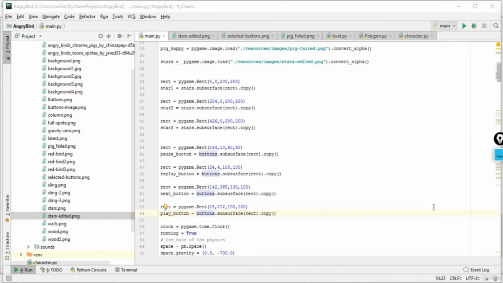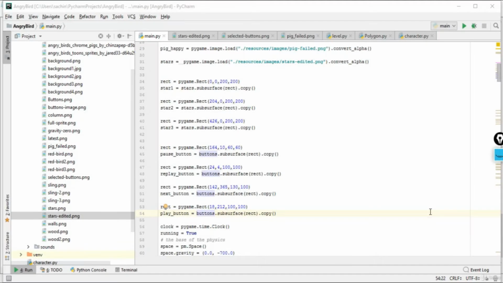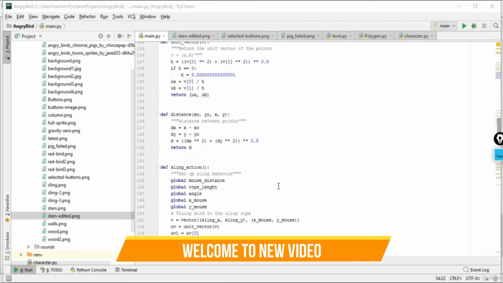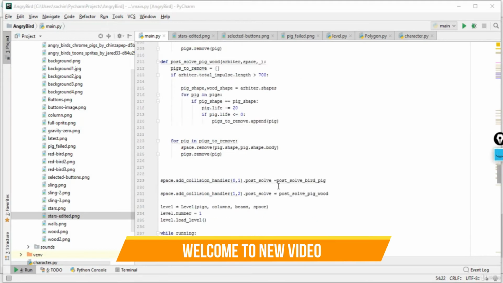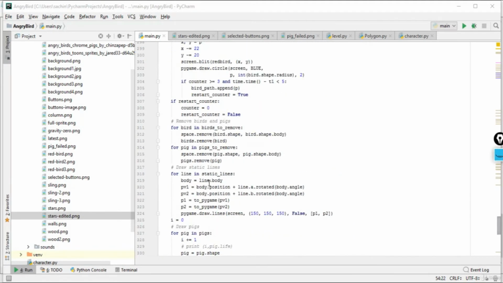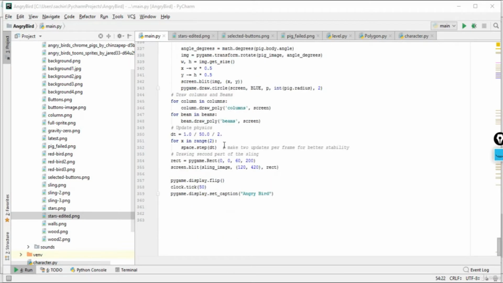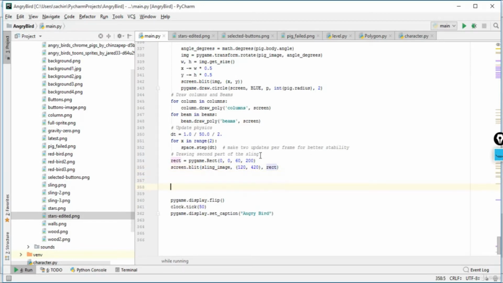In this lecture, we will be rendering our score panel. So let's go down here in order to render that. In this while running loop, that is our main loop, we have drawn the beam and column, pigs, and updated physics. After this, the second part of a sling, what you're going to have is, I'll say, draw score